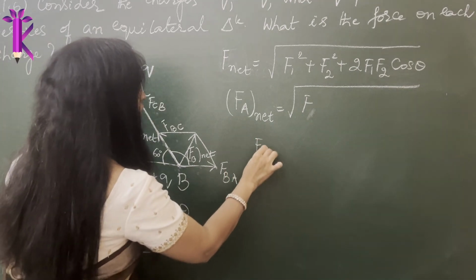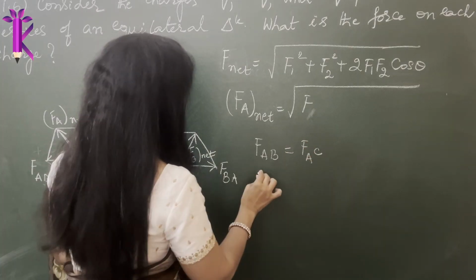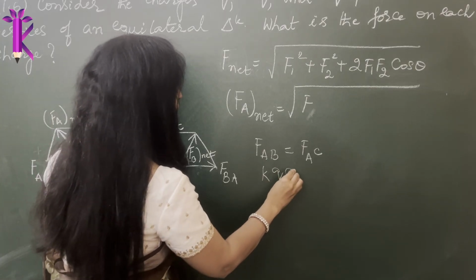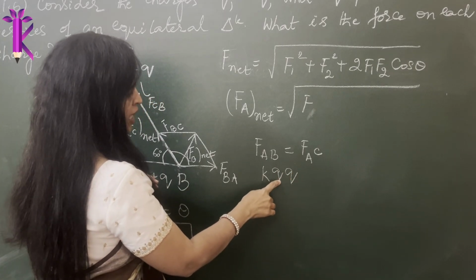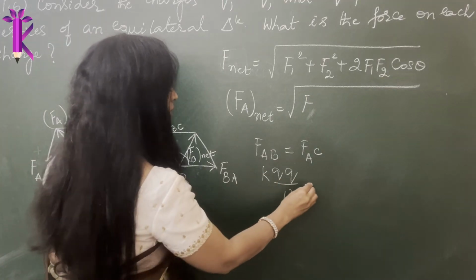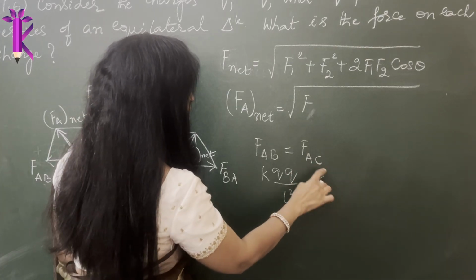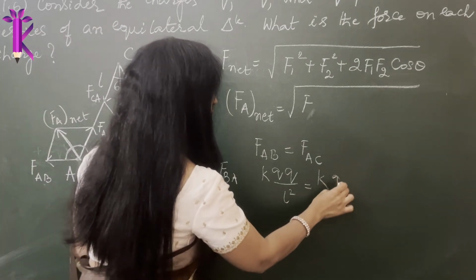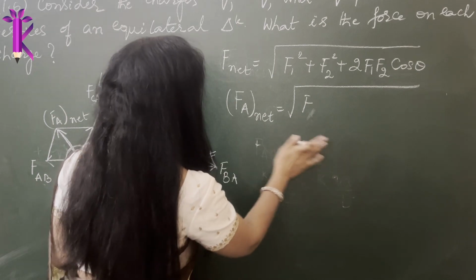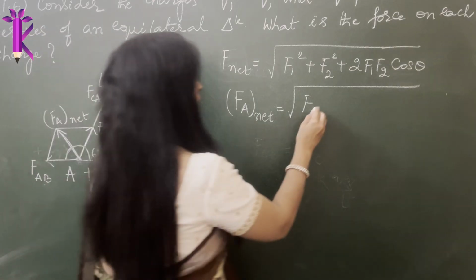Can I write the force on A due to B is equal to the force on A due to C? Yes, because what is the formula for force on A due to B? It will be K into Q into Q, the charge at point A and the charge at point B, divided by the length L square. That is equal to K into the charge at C, which is also Q, so Q into Q divided by L square. So they are equal. Instead of writing F_AB, F_AC and all of that, I can simply write it as F square